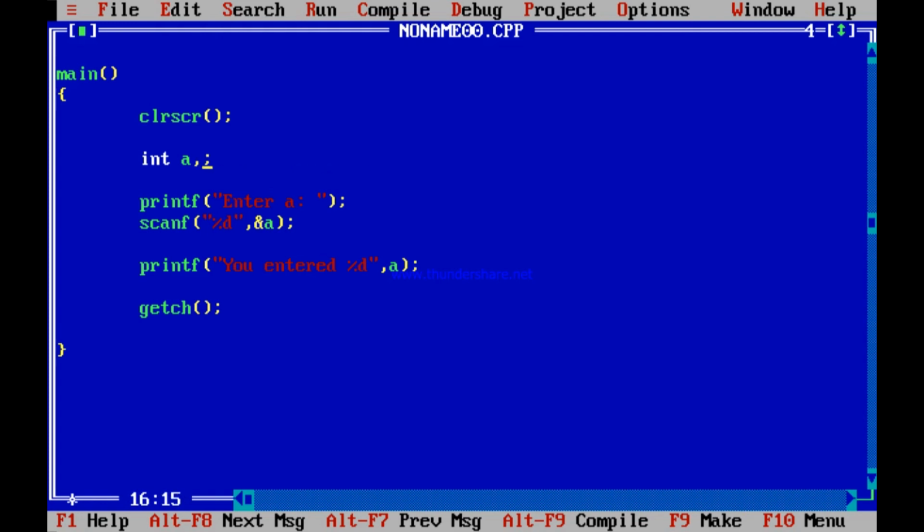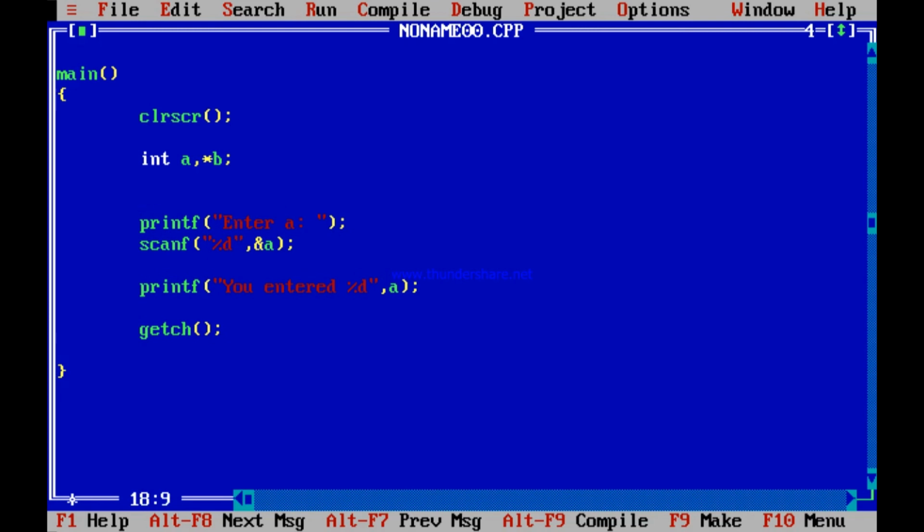Here after A, I declare a pointer B. Now after this I make one small thing: B is equal to ampersand A. I have not even entered a value of A. I am only saying that when int A has been declared, some memory location, say FFF4, has been allocated to contain A, is not it so?